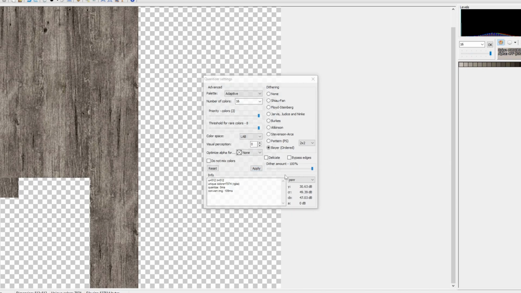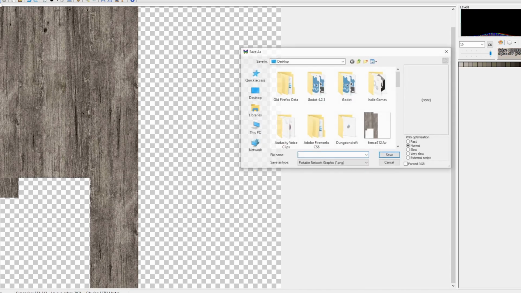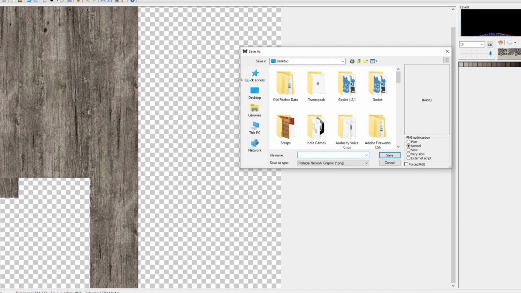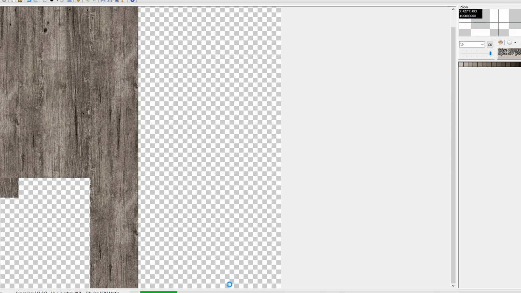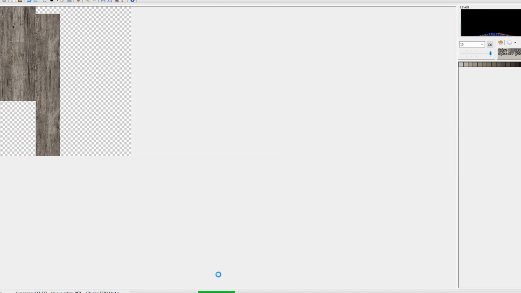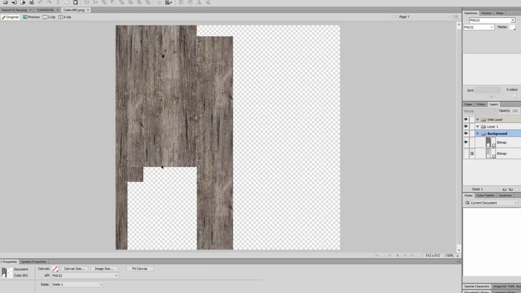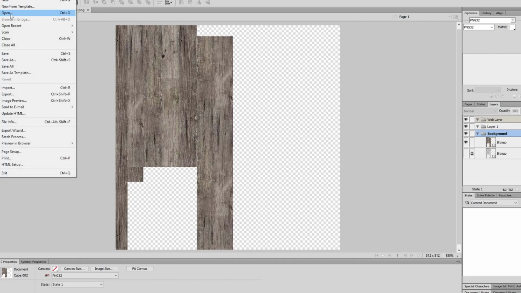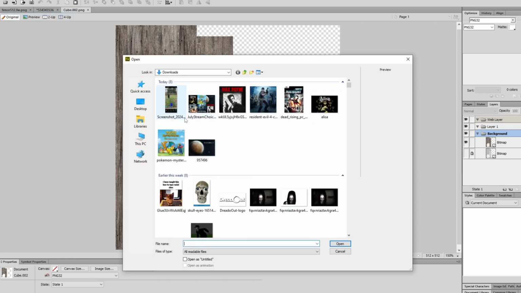You can even increase the dithering amount. Doesn't change a whole lot. I'll just keep it down to around 75. I don't like there being too much, for it being too obvious. So we'll save this as fence Q. So now we have the quantized version. So that leaves us with only one more real thing worth doing, and that is